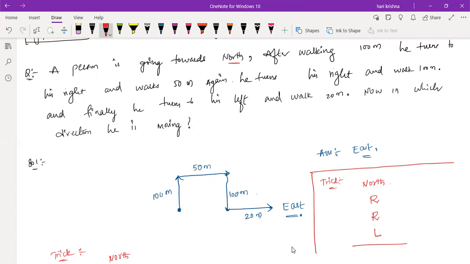Now we will cancel the right and left together. How many rights are there? We can cancel with the same number of lefts. So here right and left will cancel out each other. So what is left with us? Only one R is left with us. So the final answer will be obviously